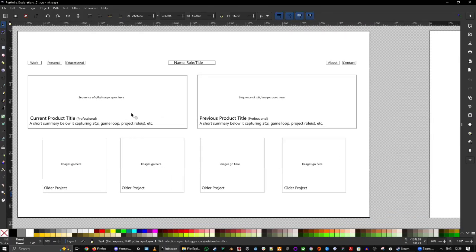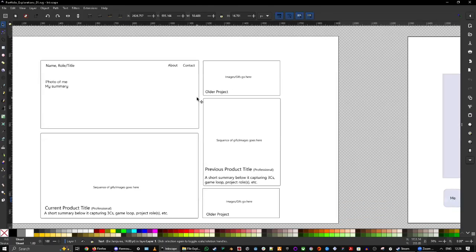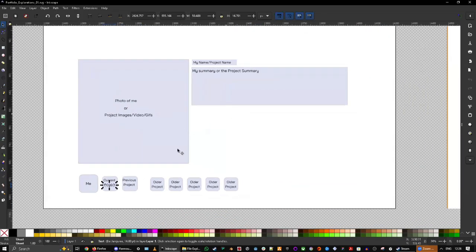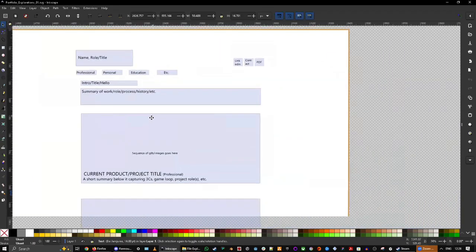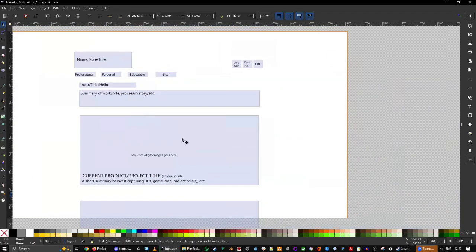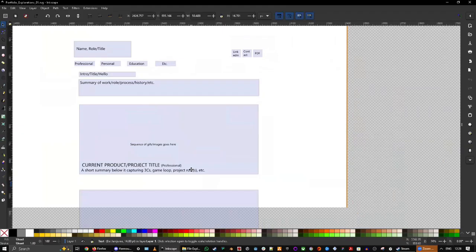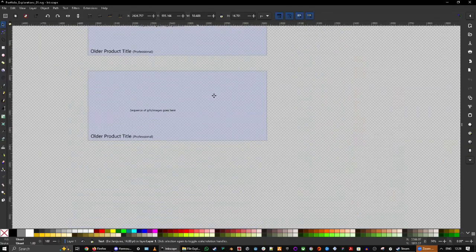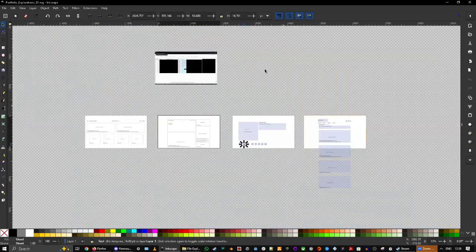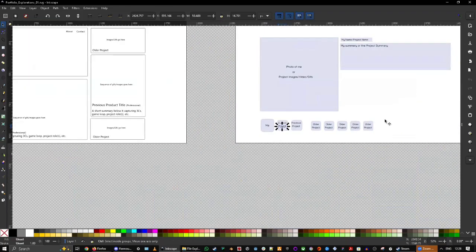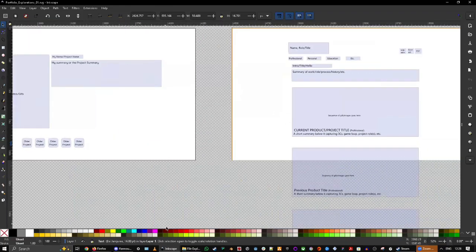This one is a very simple horizontal layout. This is a combination of vertical and, or maybe something bigger like this, where one project at a time is focused on, or maybe massive dedicated space to each individual project which you scroll through. The idea is always explore what your options are, right? And how you want to do it.